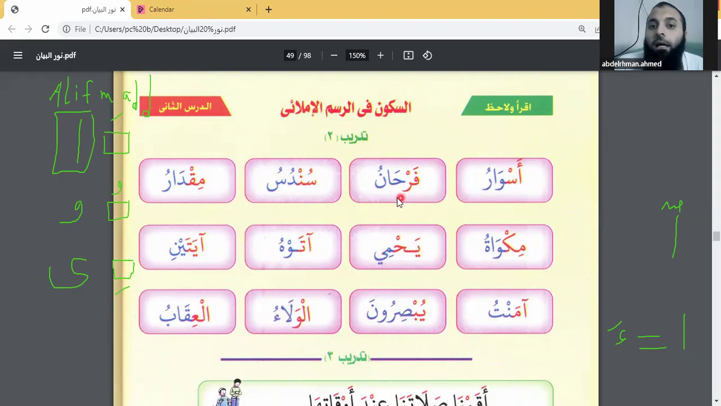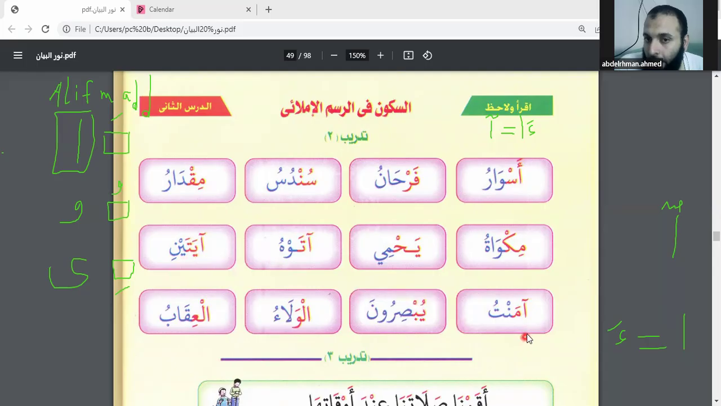So here: farhanu, sundusu, miqdaru, mikwatu, yahmi, atawhu. We said about this, the alif with the wave sign. We studied this before. We said this is exactly equal to hamza with fatha followed by alif. How can we read this? We stretch it because we have alif mad. This is exactly the same when the alif has a wave sign like this. Okay, so here we say atawhu,